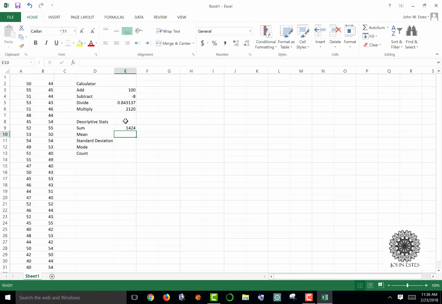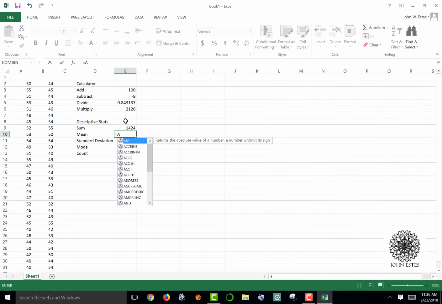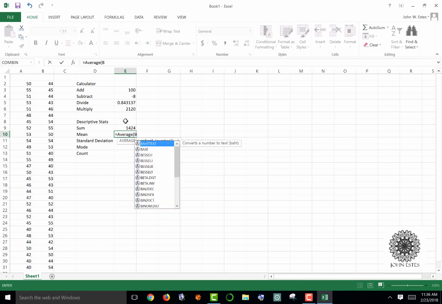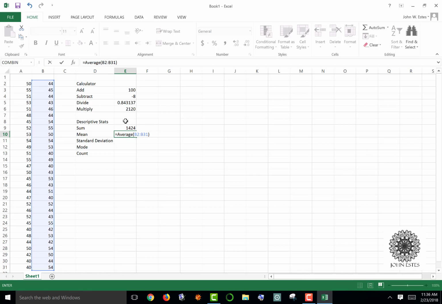Alright, now for the mean, I use the average function. And other than that, it's the same as the sum. So I say B2 colon B31. And again, you can see this blue rectangle shows that I am highlighting the data set that I want. Enter. There's the mean. Standard deviation equals